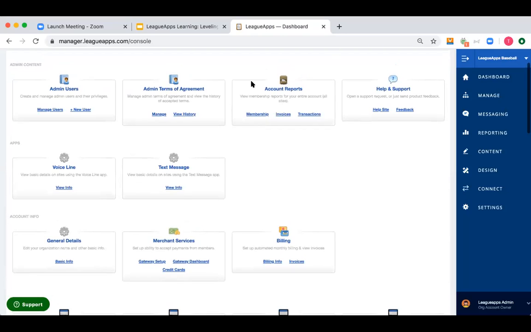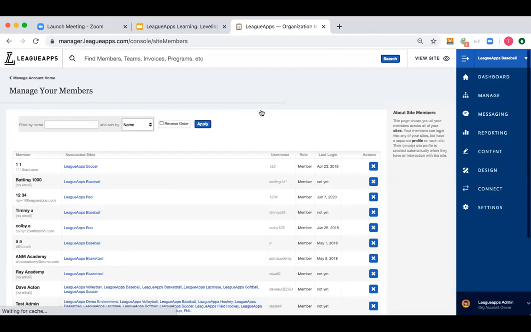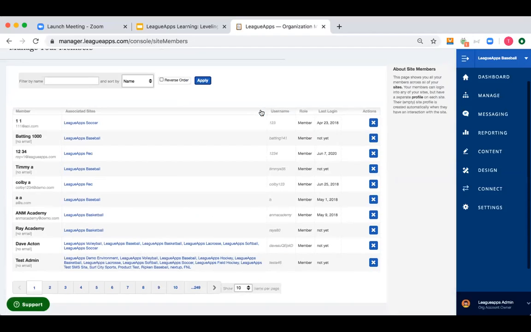These are located up top. It's going to say account reports. There are 3 different ones. We're going to start with the membership report. This is a really cool report. Like I said, if you have multiple subsites, all different portions of your business, it's going to be a place where you can see all of your members from all of your different sides of your business in one place.